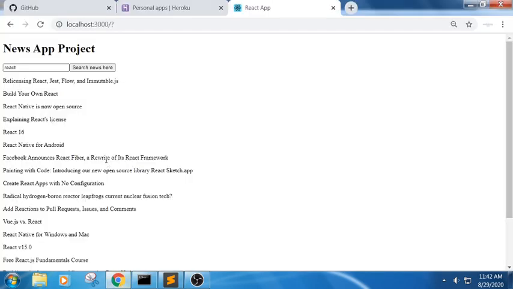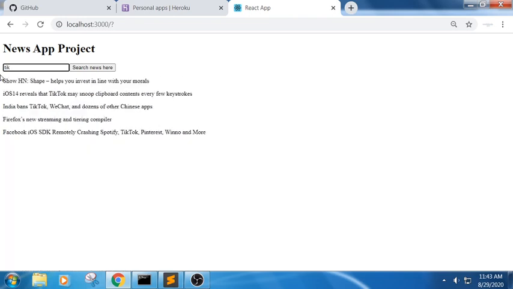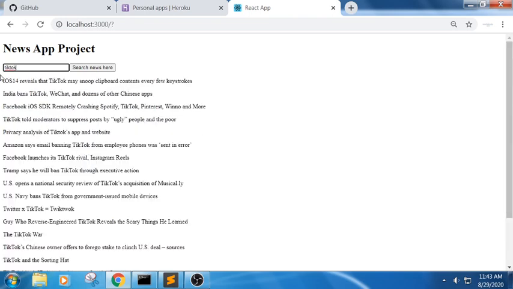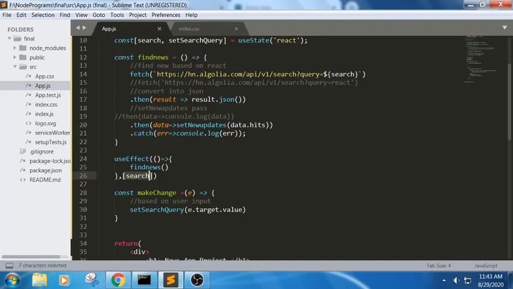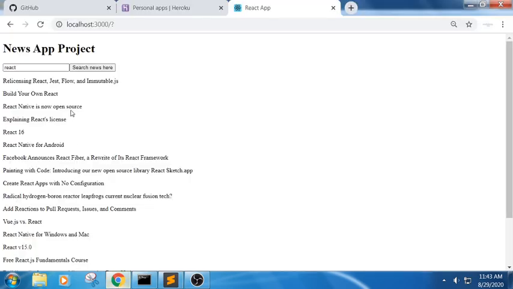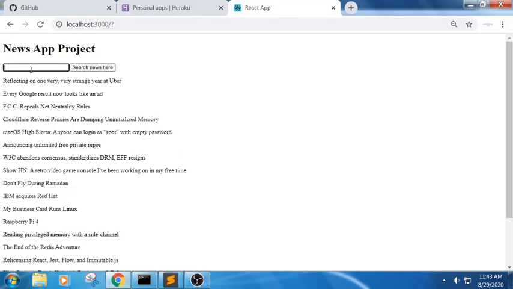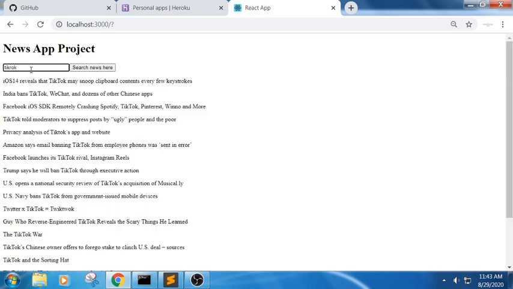In the previous output, what we have seen, it was trying to render multiple times. Now can you see it is trying to render only one time. If I don't write the search part here, and I write some keyword here, like TikTok, it is trying to render the useEffect multiple times.